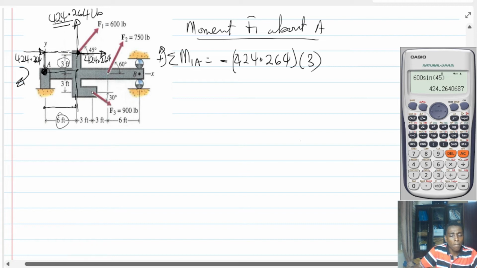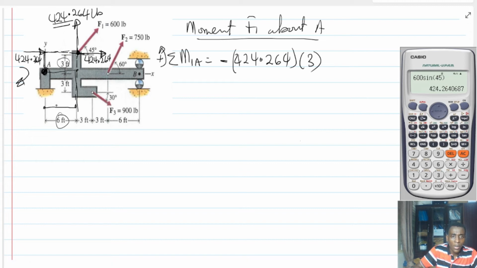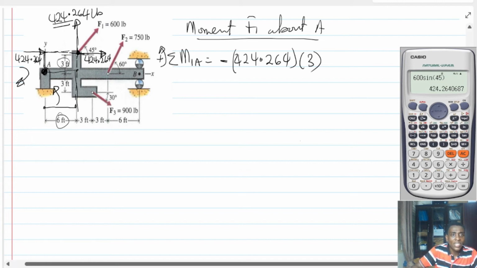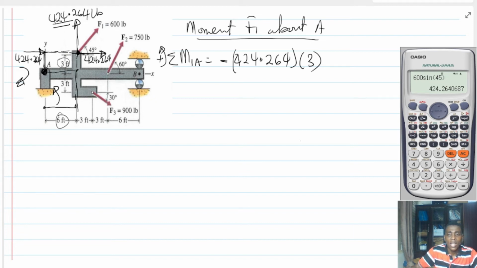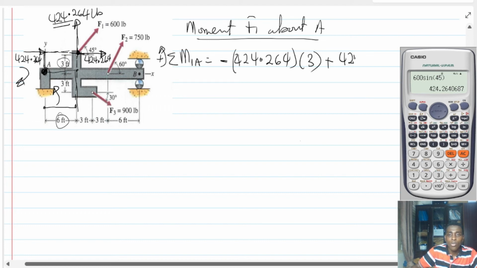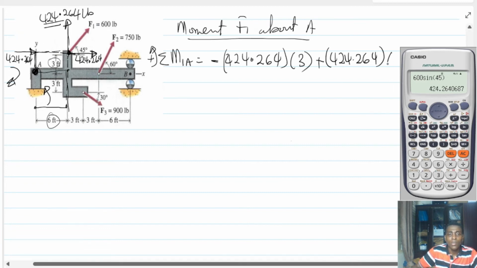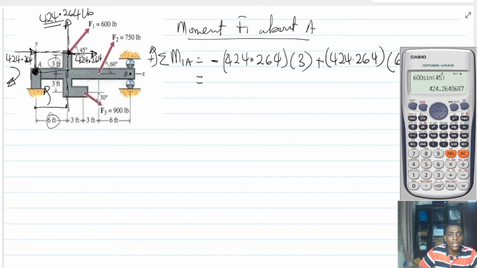But the moment is going to actually cause it to rotate in this sense. And that sense is actually counterclockwise. So we're going to be plus 424.264. And this time around, I'm going to multiply this by what? 6. What's the answer? So I'm going to get 424.264 multiplied by 3